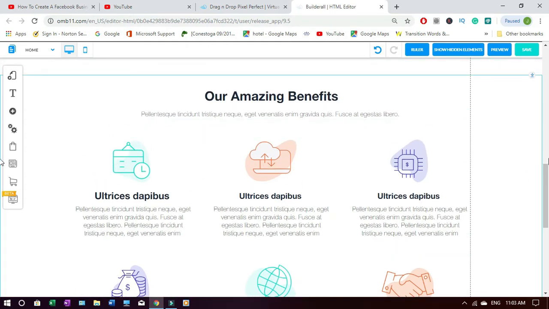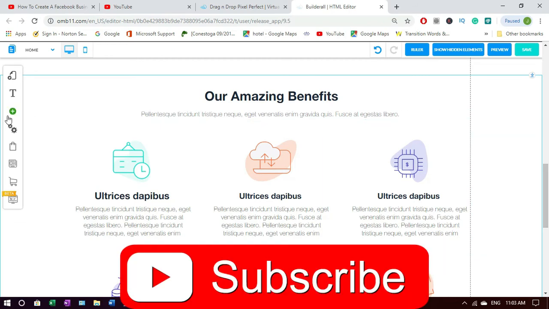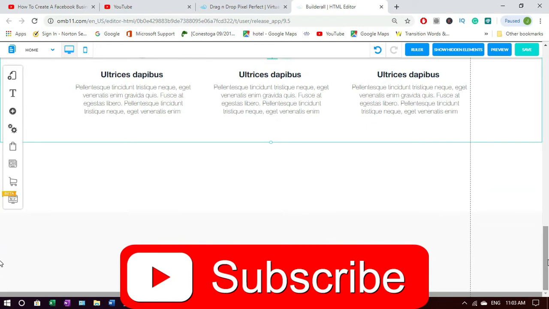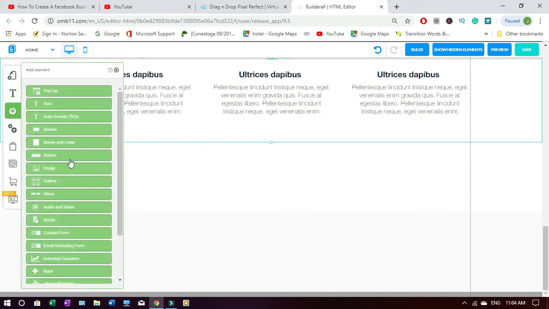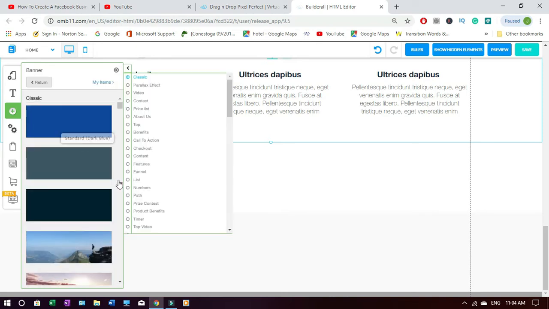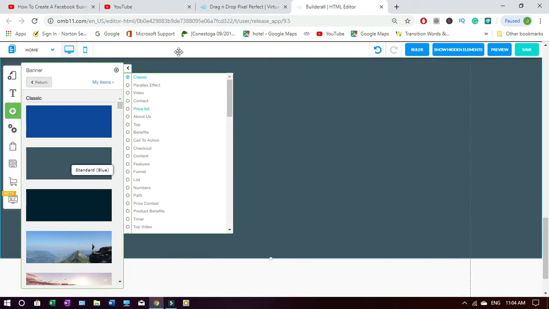But you know what? If you don't want this, you can create your own banner and put stuff that you want on it. So let's say for example, now we want something down here. I'll go down to the plus and I'll put a banner. Let's see, let's choose this blank page banner. As you can see,